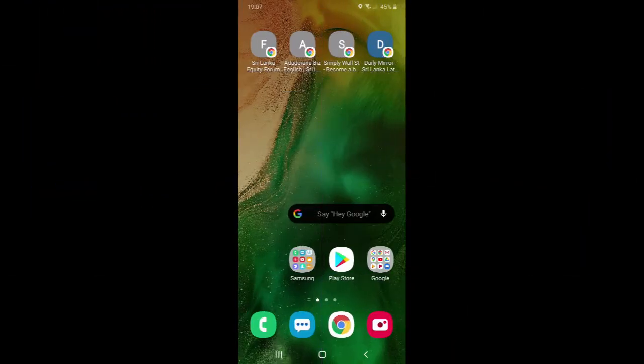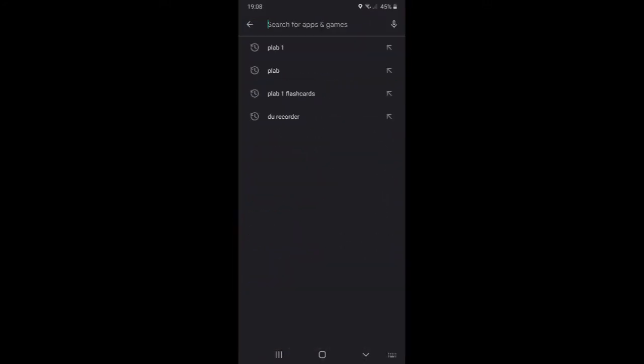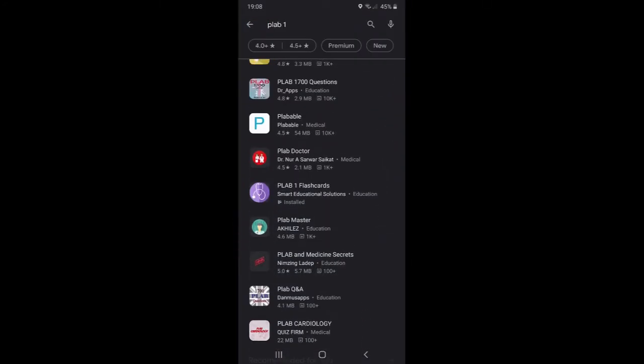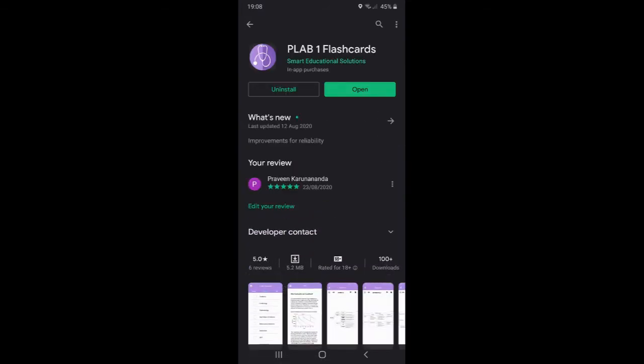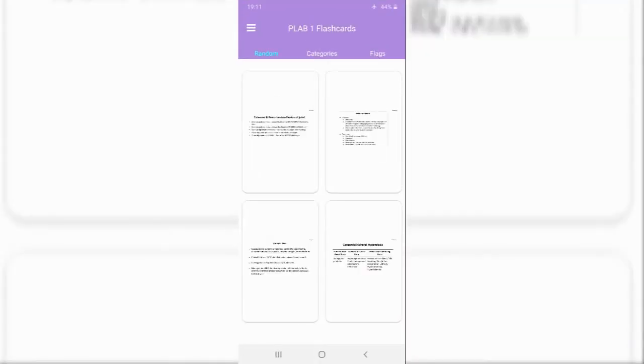Just go to Google Play Store and type PLAB 1 and then you will see PLAB 1 Flashcards. And once you download the app, you can open the PLAB 1 Flashcards app. When you open the app, it will directly show the random flashcards. You can select one